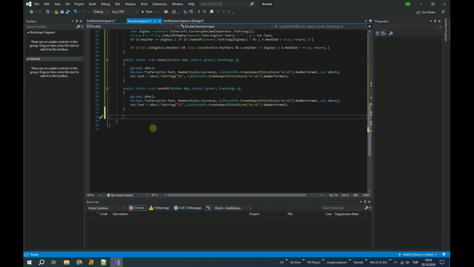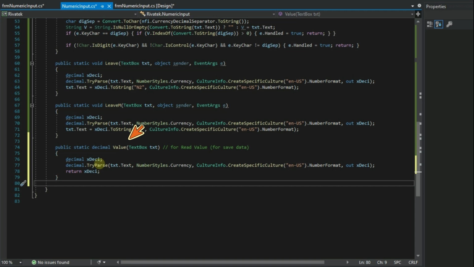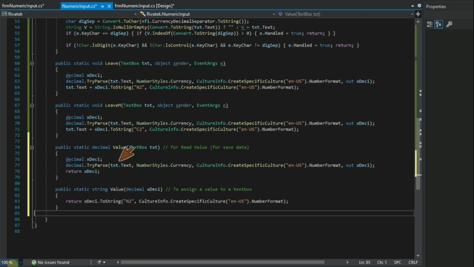Finally, we should not forget the methods that will assign data to the text box and read the data in the text box according to the country's culture. This method converts the data in the text box to decimal type. Second method,